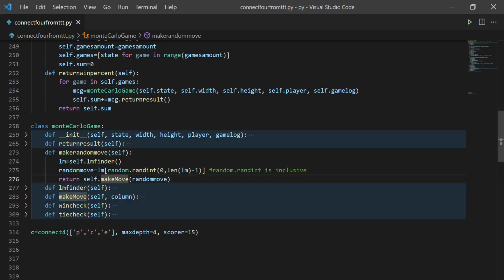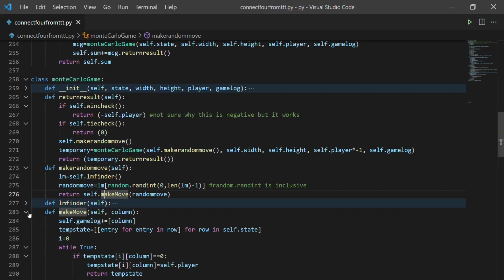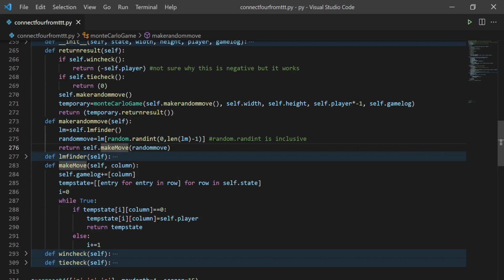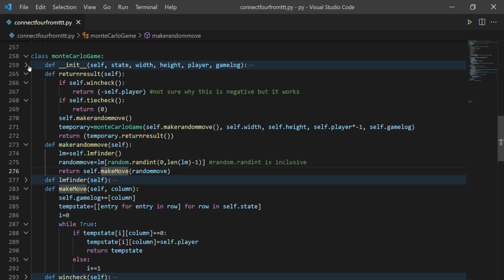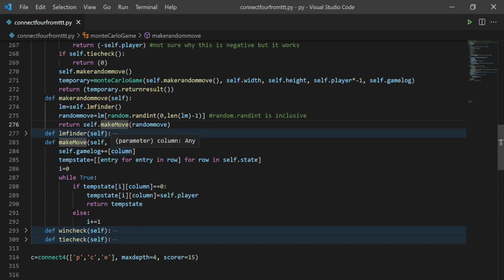I'm not sure why make random move returns self.makeMove. Oh, so make move doesn't actually change the self.state. I'm pretty sure it just changes a copy of self.state. That's not really important, but yeah, make move just